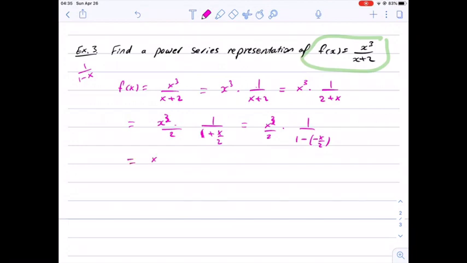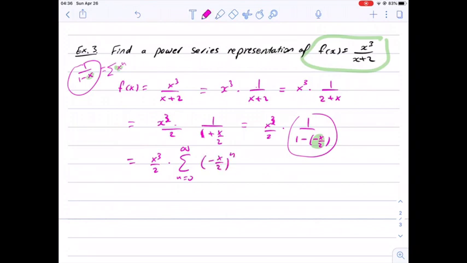So this is x cubed over 2 times the series n from 0 to infinity. So this is written in this form, but this form is x to the power n. So instead of x here, we have negative x over 2. So we write it as negative x over 2 to the power n,